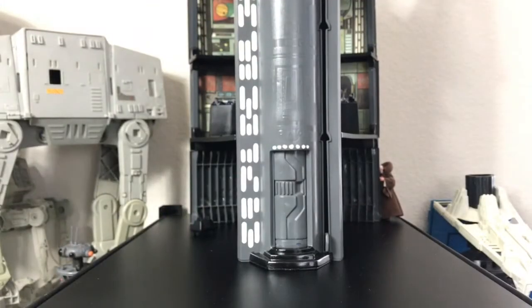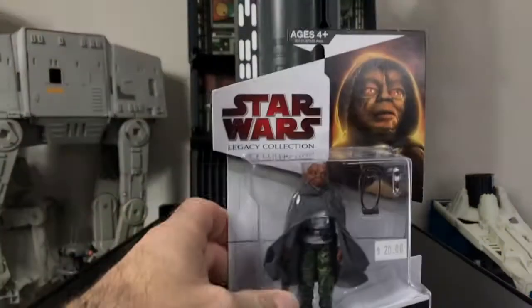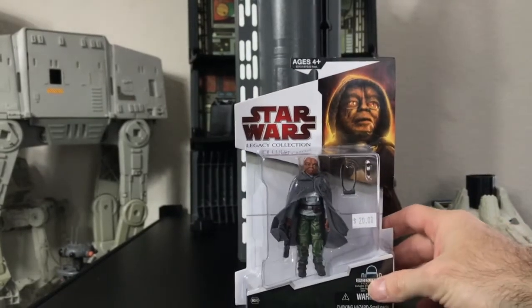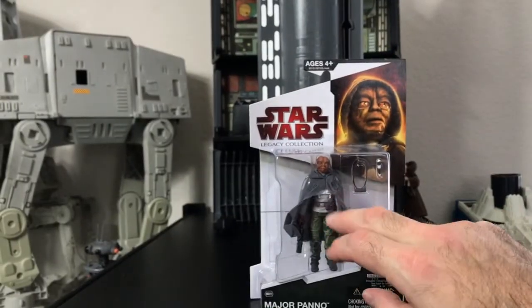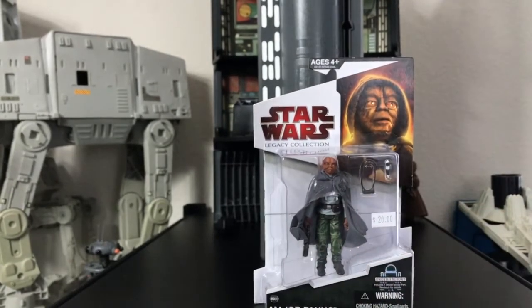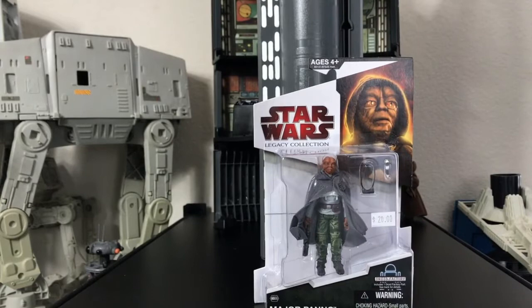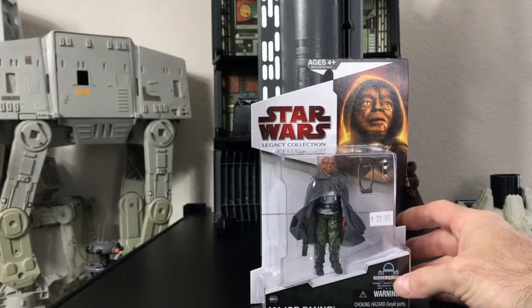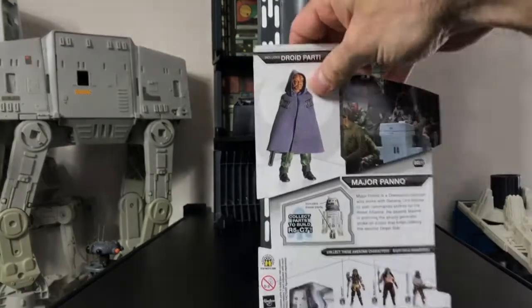There's number three. All right, now this one I really, really like a lot. So here we have a Legacy Collection Major Bren Derlin. So we have a Build-A-Droid here. I don't have any, or prior to purchasing this guy, I didn't have any of the droid parts. So this is Major Derlin BD-20, and the droid on the back is